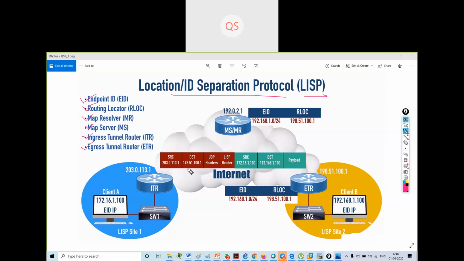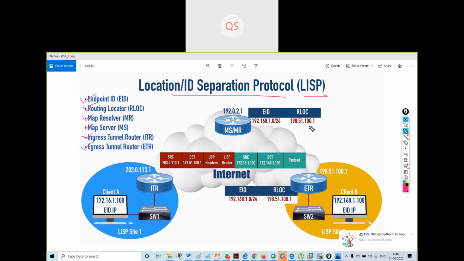So if I go in depth of LISP, going out of the multiple internet service providers, if we take a look at the size of the internet BGP routing tables, we can see the size of the internet routing table is very big.